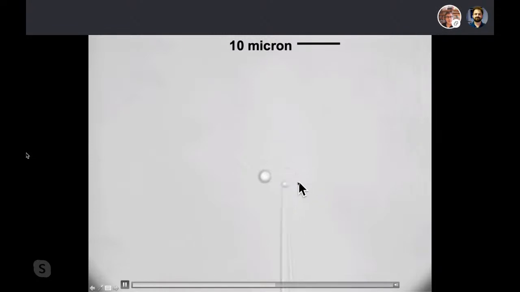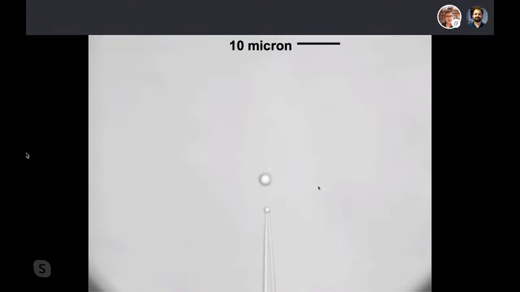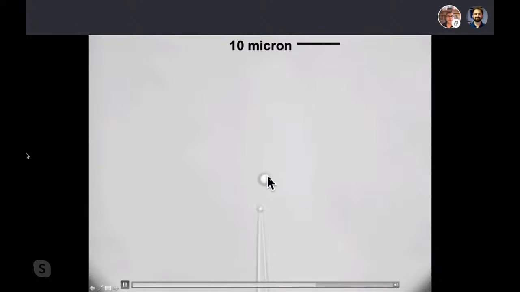It is only when I really approach the bead in the pipette to catch the end of the random coil that I get the connection. Here you see a real movie, not an animation, of this pulling experiment. Once I know that I have a single molecule between the two beads, I start moving the optical trap. You don't see the optical trap because there is a filter, since the light is too intense. You start moving the optical trap relative to the bead in the pipette, and then you start recording the force as a function of the extension.